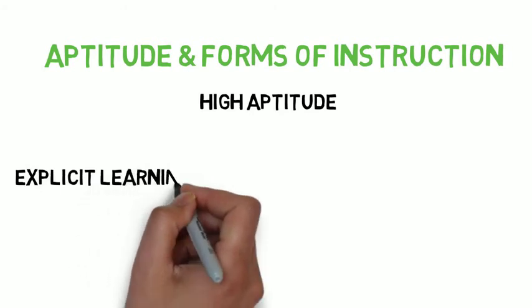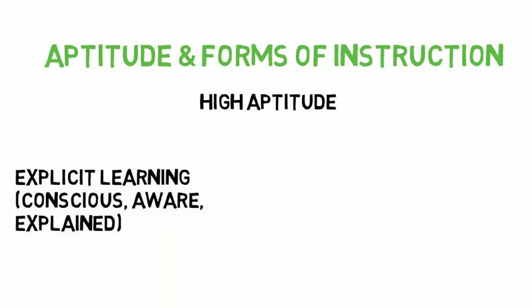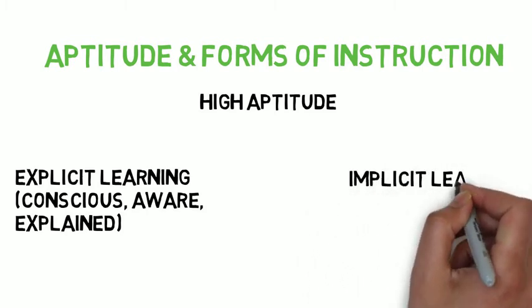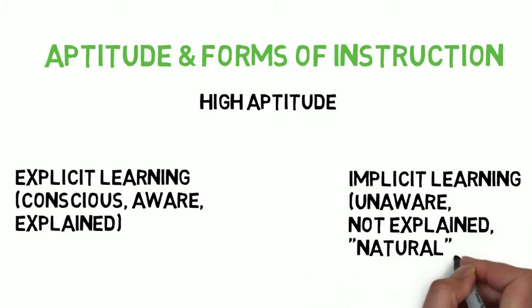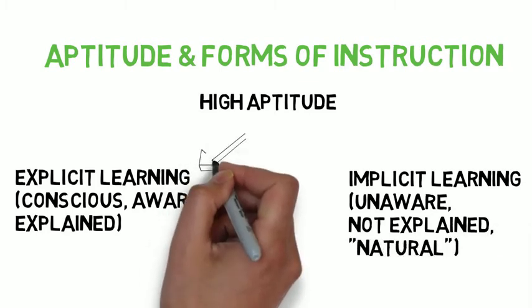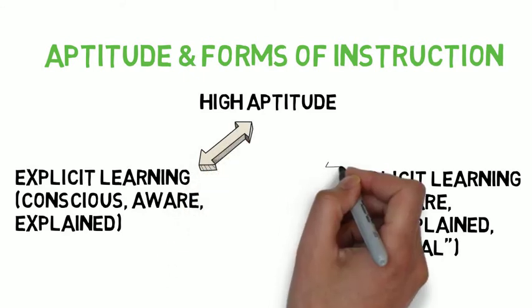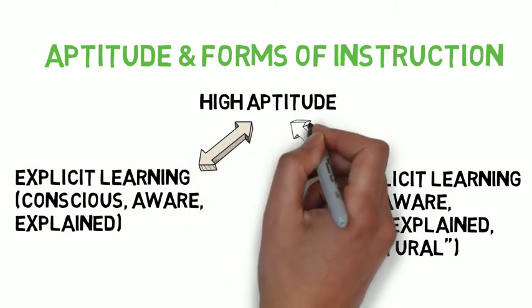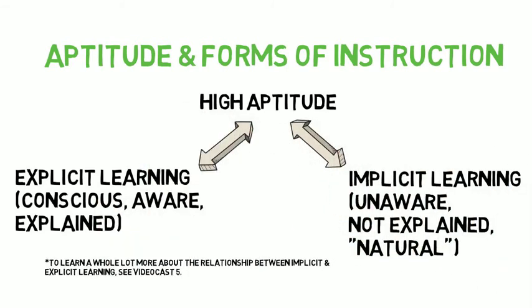That is, do students who have higher aptitude perform differently in situations of explicit learning, where the learning is conscious and explained? Does their high aptitude make a difference in implicit learning, where the learning is more unconscious, without analysis or grammatical explanation? A while back, De Keyser argued that aptitude is really only relevant in explicit learning, but that view is shifting. Some studies show it may be relevant for implicit or unaware learning as well, and that's a major focus of what Skehan is looking for here.